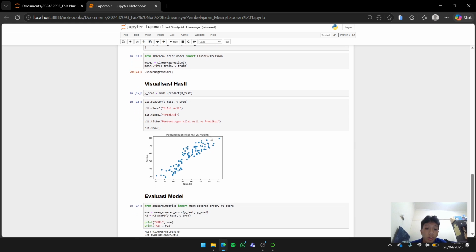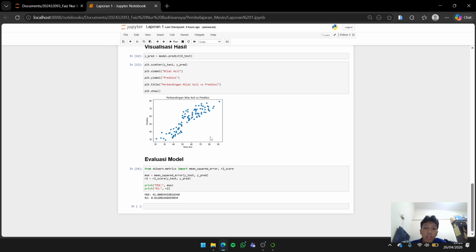To evaluate the model, I use two main metrics, mean squared error and R squared.